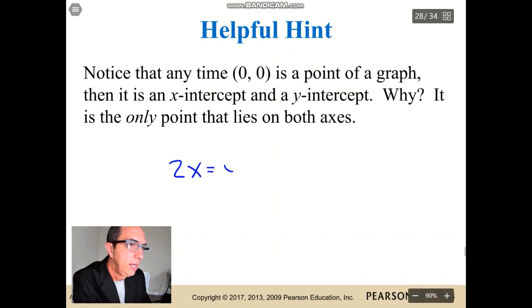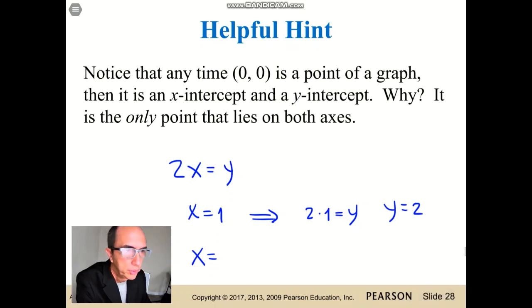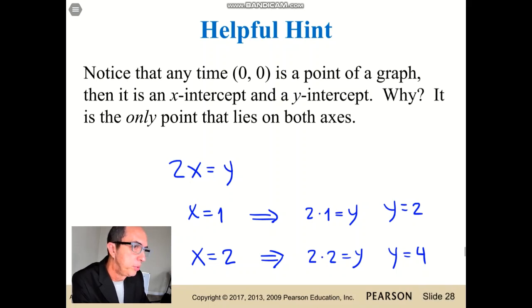get the equation again here, and let's assume other values for x. Let's say x equals 1, then 2 times 1 equals y, y equals 2. And let's assume here x equals 2, or x equals 3, or x equals 4, whatever you find better for you to work out the graphic. I'm assuming here x equals 2. 2 times 2 equals y, y equals 4. Now we have 3 points,